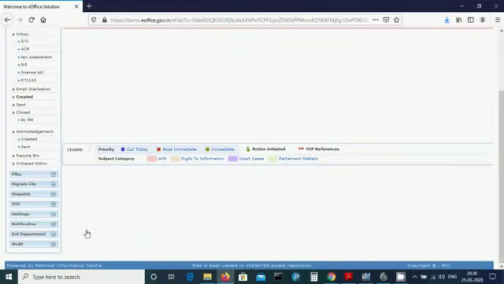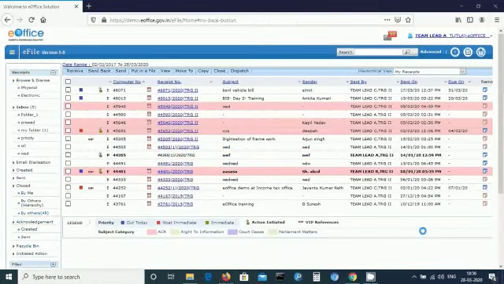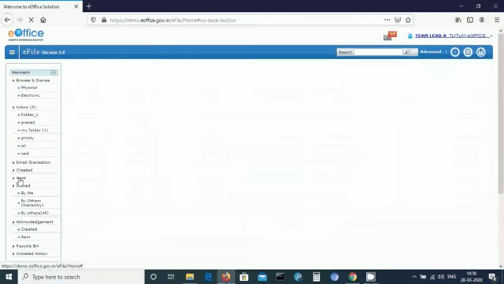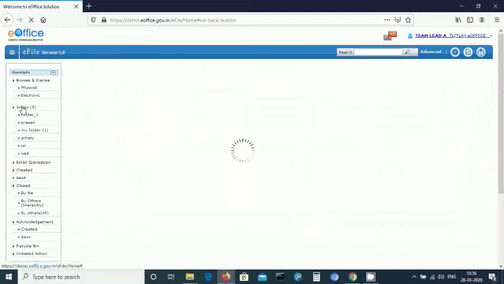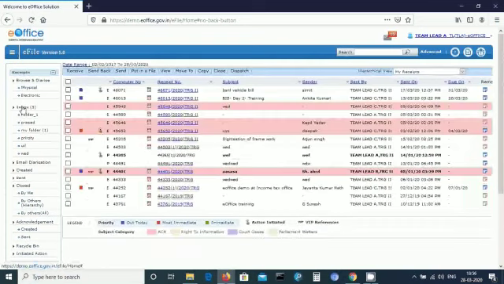Previously, we have seen how receipts get generated. Once the receipt is sent by using the send option, the receipt will be visible in the inbox of the recipient. This is the receipt inbox, and by clicking the send option, you can see the sent receipt. Now let me open the receipt inbox. The user who sent the receipt can check the details of the receipt in his or her own sent folder.